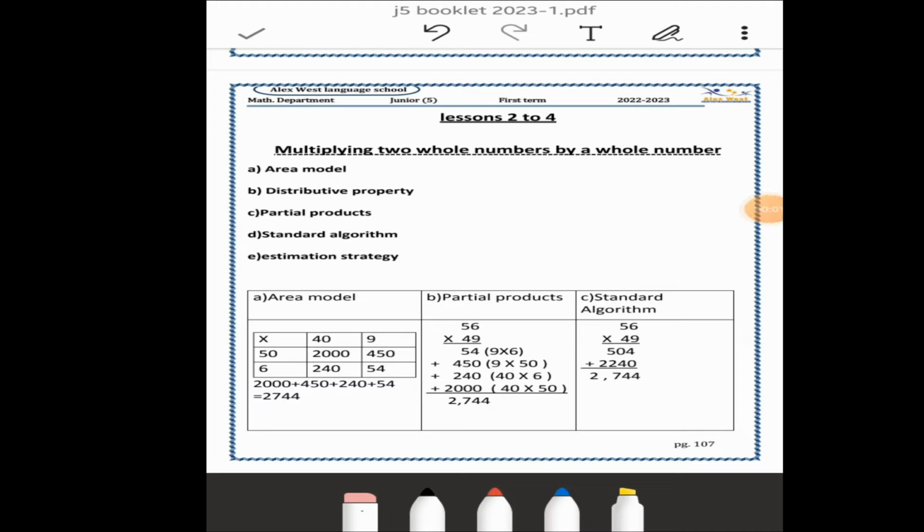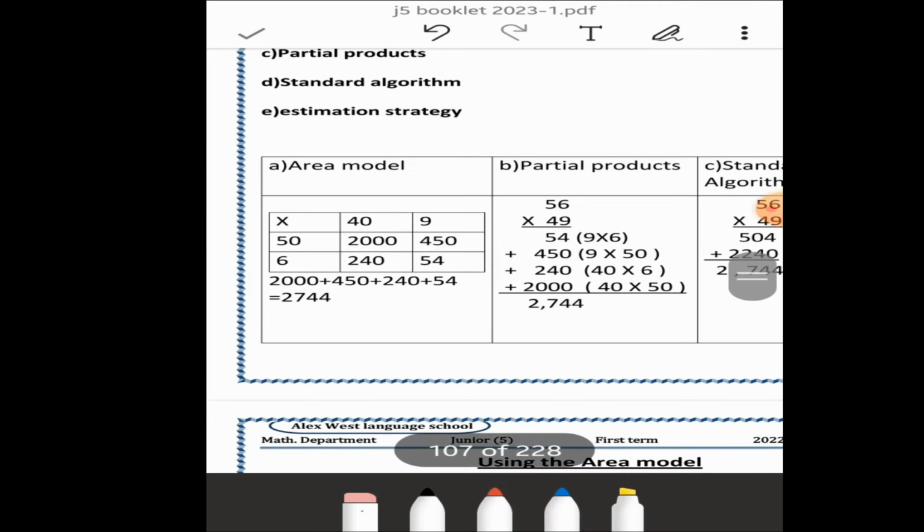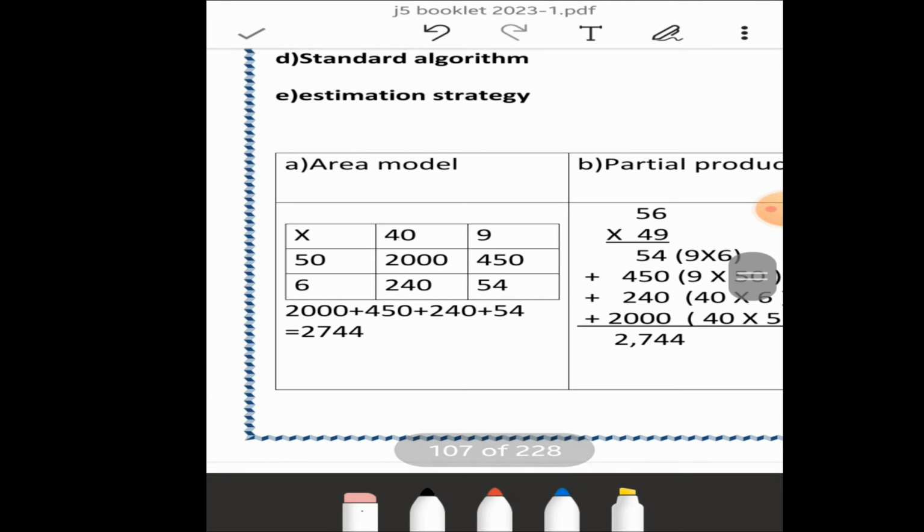Continue in chapter 3. We take here from lesson 2 to lesson 4 how to multiply two numbers by a whole number. We have many ways. We have area model, distributive property, partial products, standard algorithm, and estimation strategy. So at first, let's talk about area model. If we have here to multiply 49 times 56,